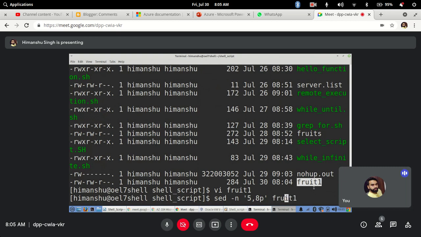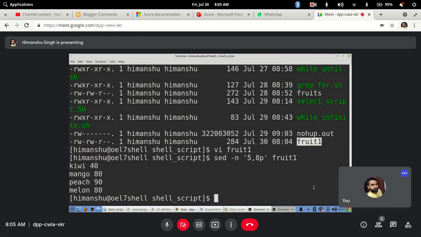What it will do is, from the fifth line it is going to start the range, and it will print the matched lines. P is for printing the matched lines. So 5th, 6th, 7th, 8th, where 5 and 8 are the line numbers, it will print the content from those specific line numbers.